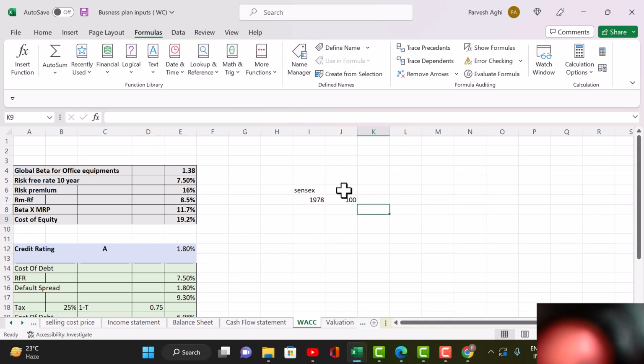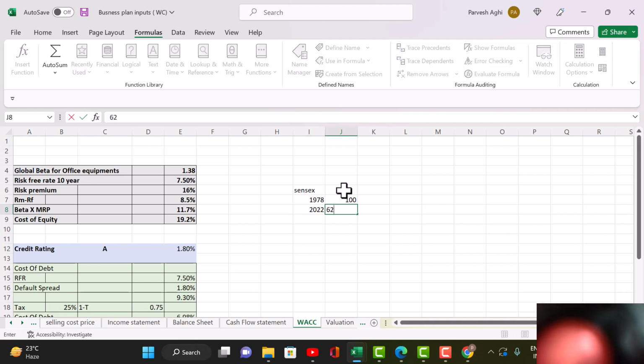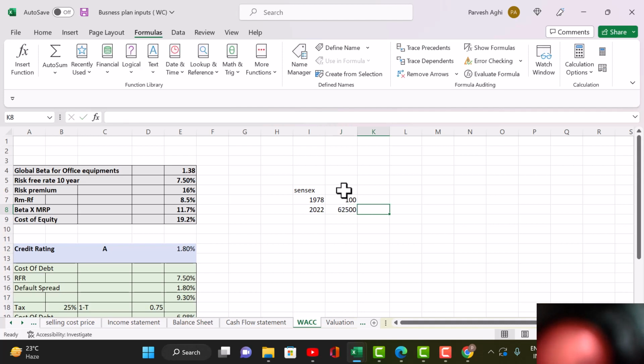Just check. Sensex, so 2022. How much is it? Just check the Sensex. I'm just taking 62,500, a rounded off number. Fine. So how many years have gone by? 44 years. Fine. In 44 years, 100 rupees has become